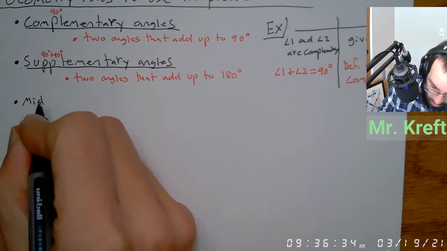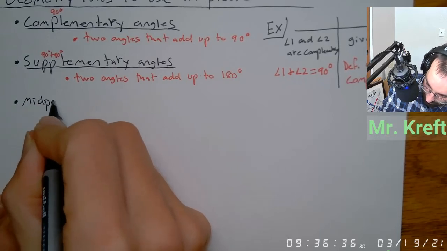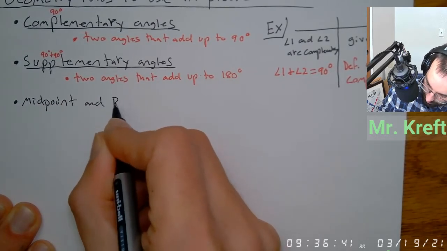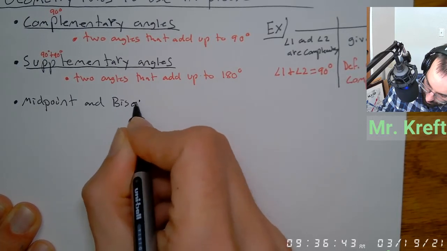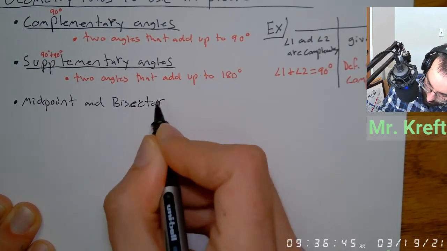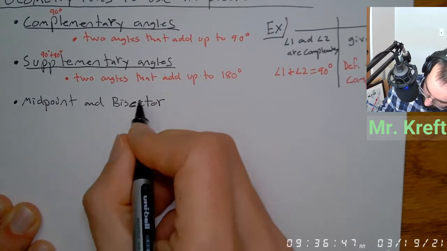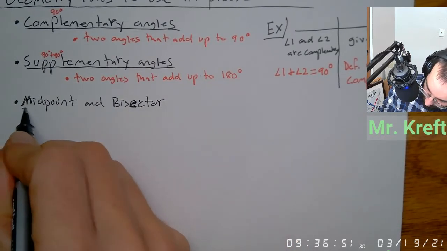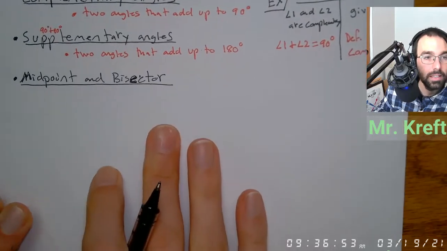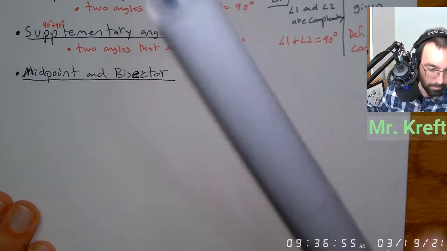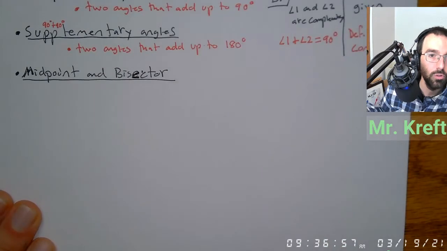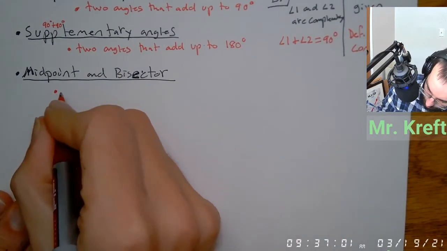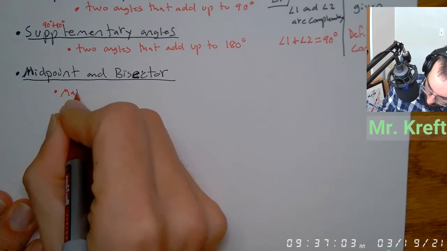Here we go. We have a midpoint and bisector. I'm going to group these together. That's an E. I tried to get that to be an E. Okay, so midpoint and bisector. They do basically the same thing, but I'm going to give an example of each. So what they do is they make